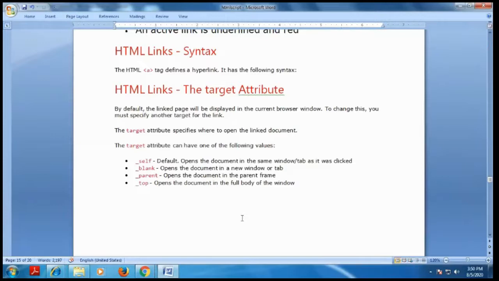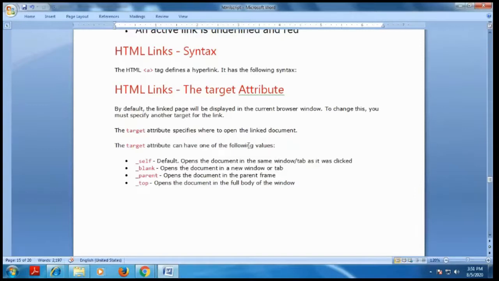But you have to change this. You must specify another target for the link. If you want to open another window, or the same window, or a blank window, if you specify some attributes, the anchor will act like the attributes. Okay, here I have to use the target attribute, which specifies where to open the link document.